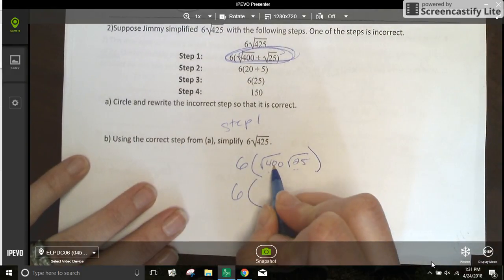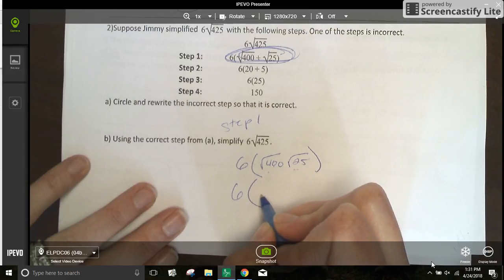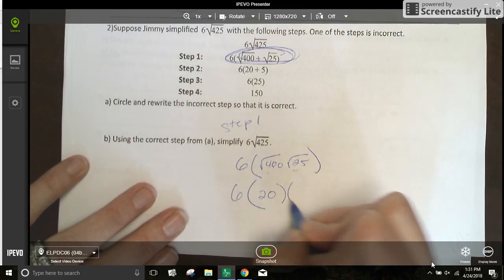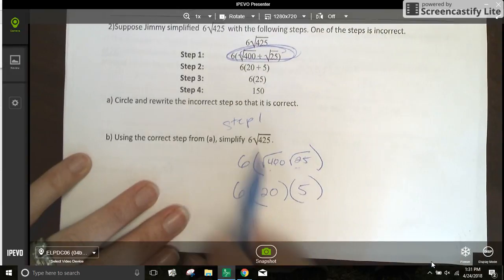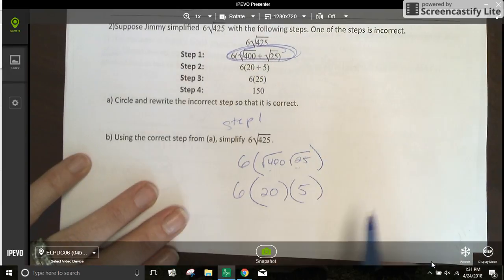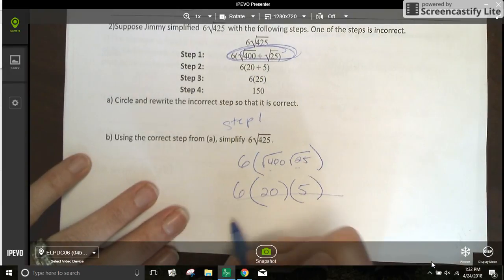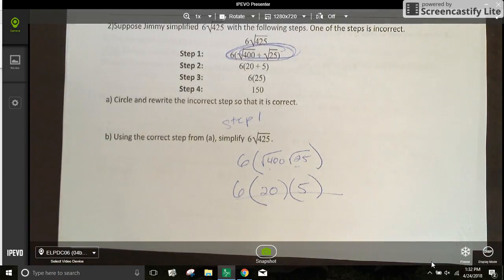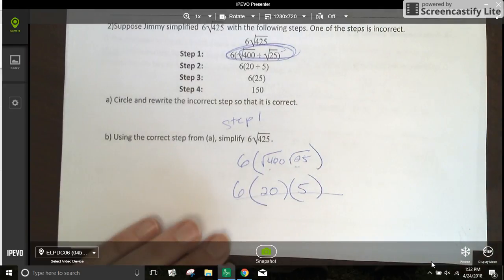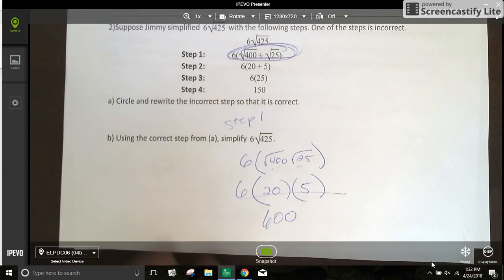So then the square root of 400 is 20, and the square root of 25 is 5, but they added 20 and 5. You should be multiplying this all together. So you need to multiply 6 times 20 times 5, not add them together. So 6 times 20 times 5 is 600. So the answer should have been 600, not